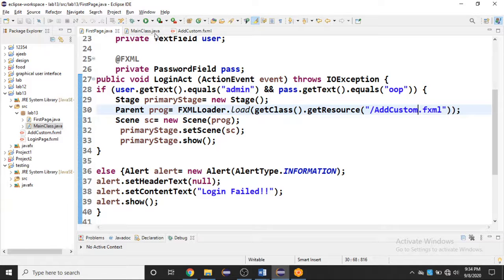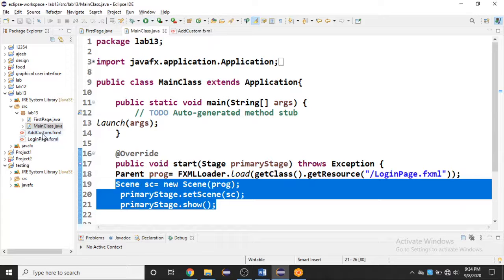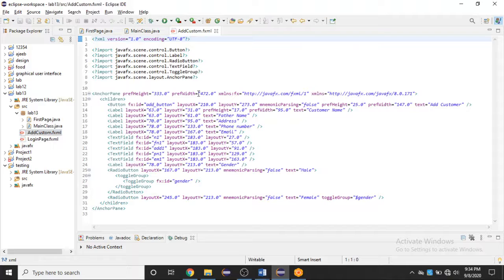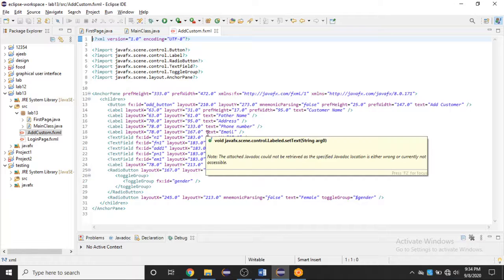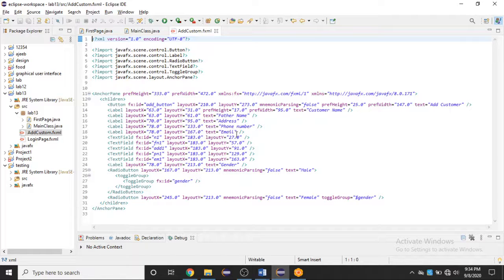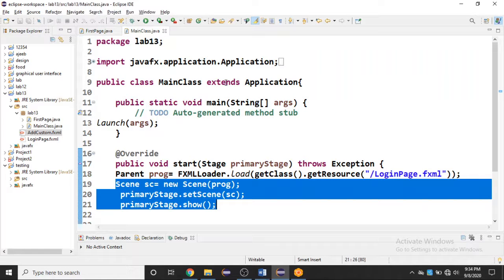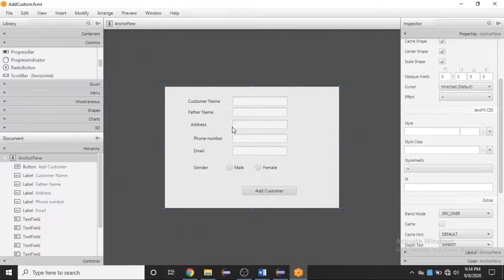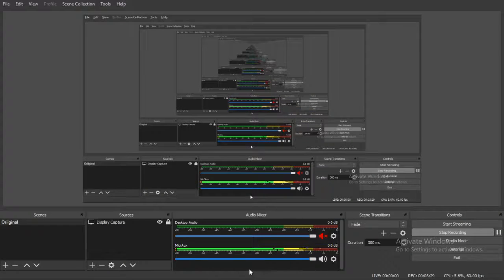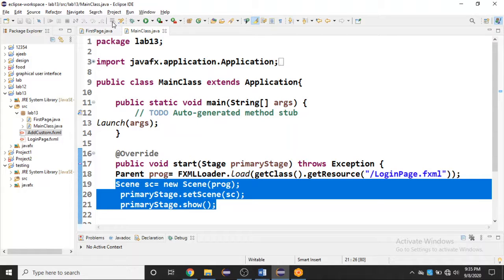Now coming back to Eclipse, I am running. Yes class, I am executing after adding the radio button.